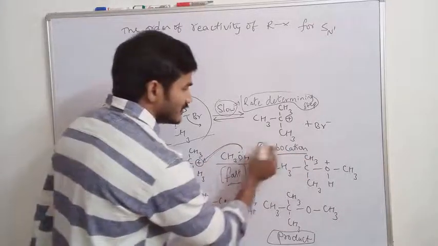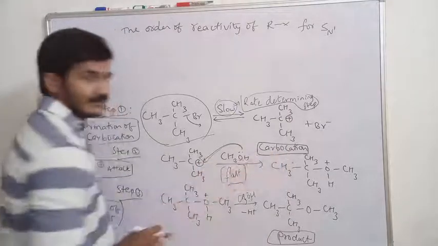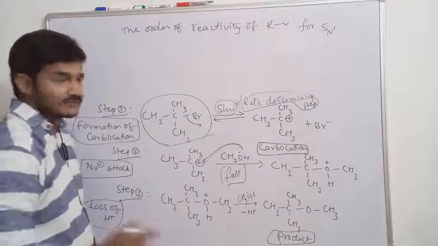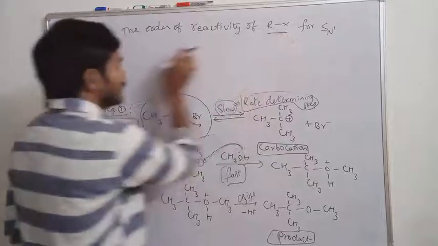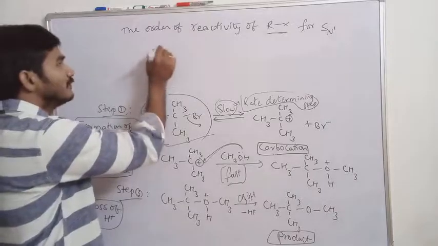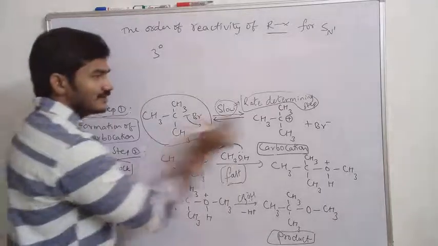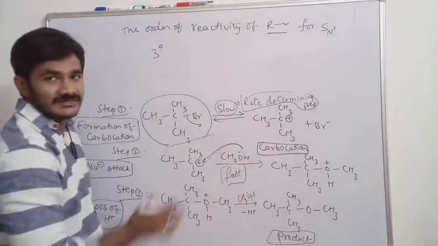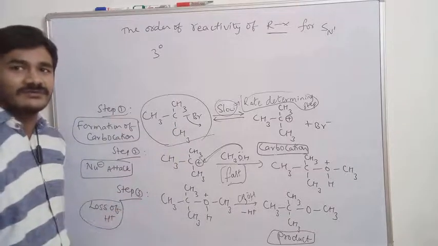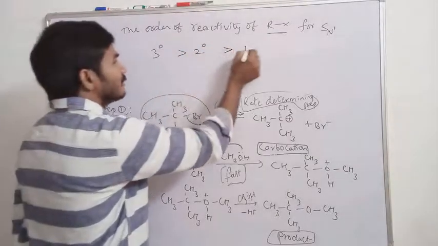Formation of carbocation, yes or no? The slow step plays the important role in the SN1 mechanism. Here we are getting a carbocation. If this carbocation is more stable, the reaction favors more in the forward direction. So which type of alkyl halides will be involved more in the SN1 mechanism? Tertiary. Because tertiary alkyl halides can form a tertiary carbocation. A secondary alkyl halide can form a secondary carbocation, but comparing to secondary, tertiary is more stable. That's why tertiary alkyl halides are more reactive and faster in SN1 mechanism. So tertiary is more reactive than secondary than primary.